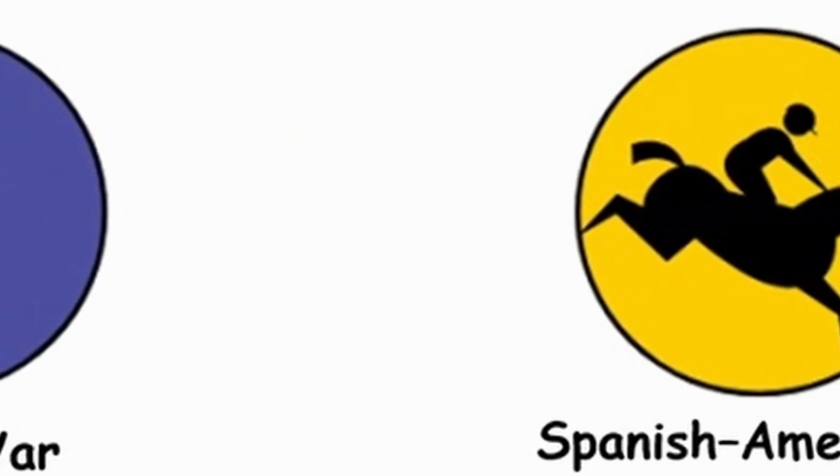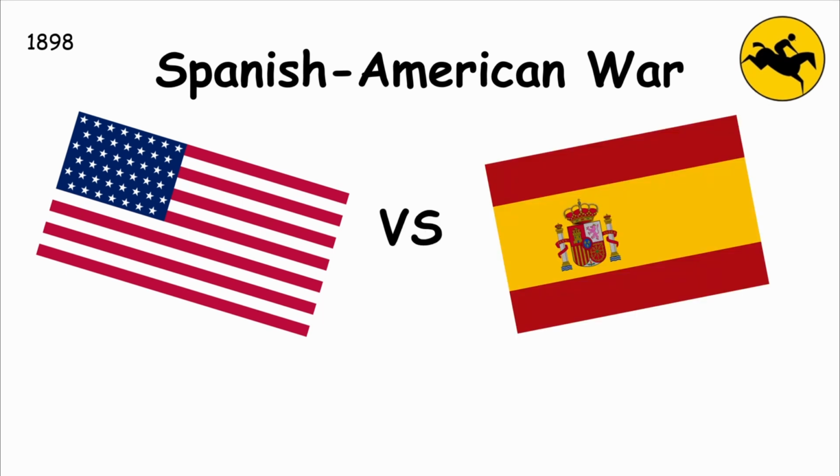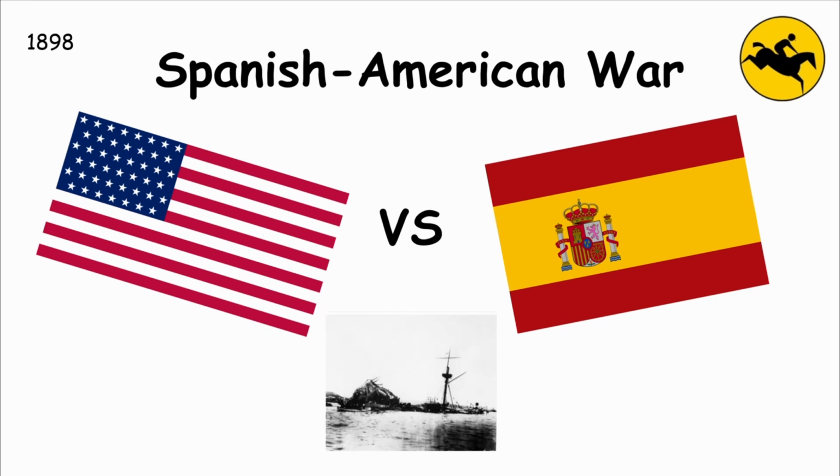The Spanish-American War. The Spanish-American War was a conflict between the United States and Spain, primarily driven by issues related to Cuba's struggle for independence. The war started with the explosion of the USS Maine in Havana Harbor. While the cause of the explosion was unclear, the incident served as a catalyst for the United States to declare